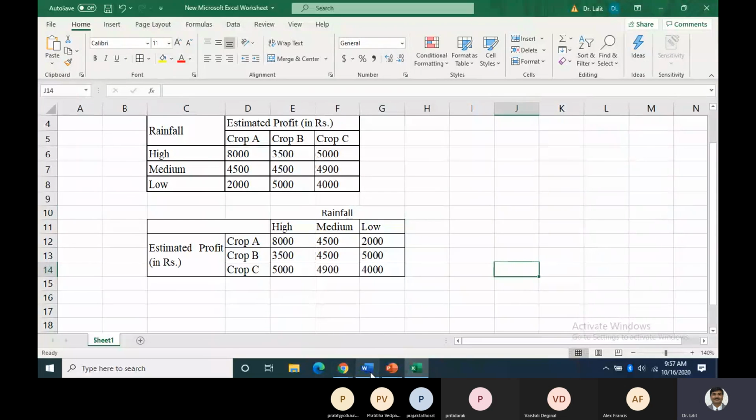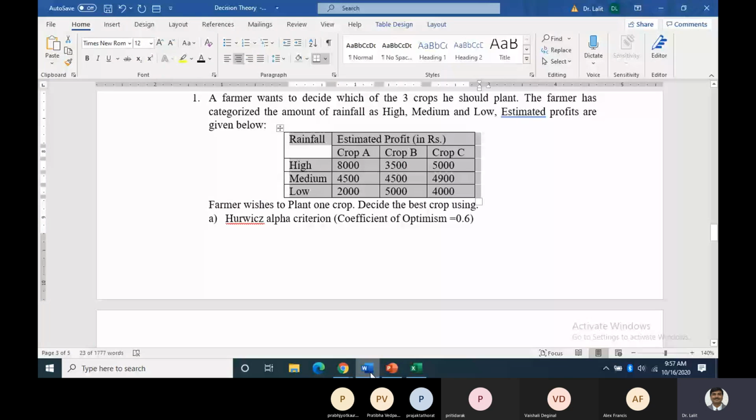पहला क्या है? First is decide the best crop using Hurwitz alpha criteria. The coefficient of optimism is 0.6. Okay. So first we'll calculate